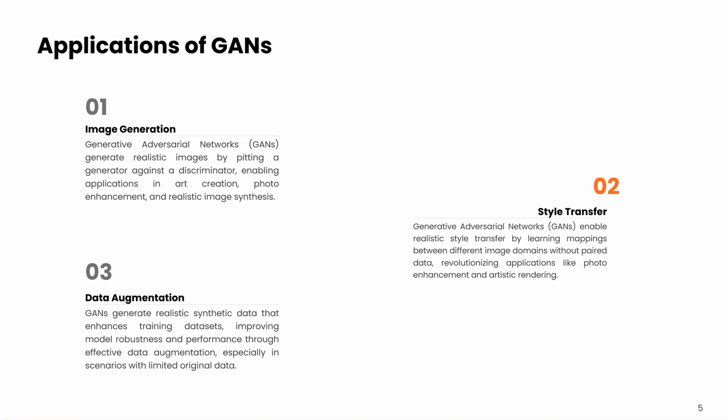For control, conditional and class conditional GANs let us steer attributes or categories and even enable progressive growing or multi-scale architectures to capture fine details at high resolutions. When we evaluate, we move beyond human taste. Fréchet inception distance and its peers, KID and IS, quantify realism and diversity. Perceptual metrics like LPIPS assess visual similarity to real images, and precision-recall style analysis helps diagnose mode collapse and